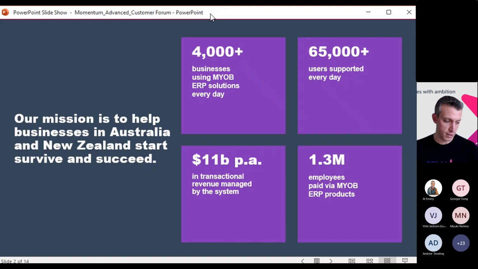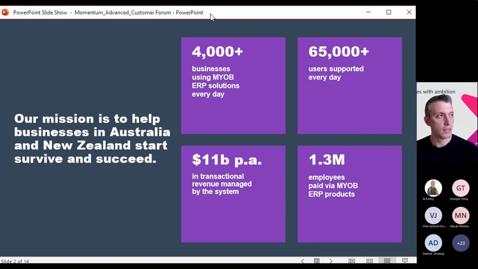The benefit for you means that by having more and more businesses on a consistent platform, you're going to continue to get access to some of the awesome capabilities that will be coming over time, be that through the underlying core that comes from Acumatica or from some of the extensions that MYOB is making locally with payroll and workforce management.